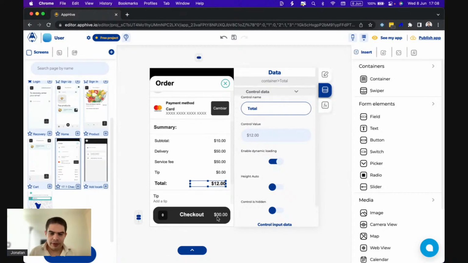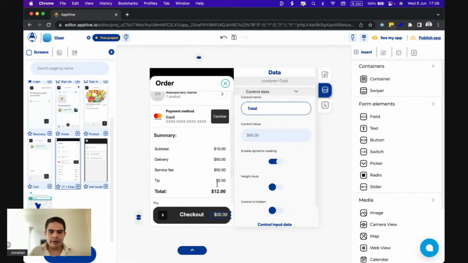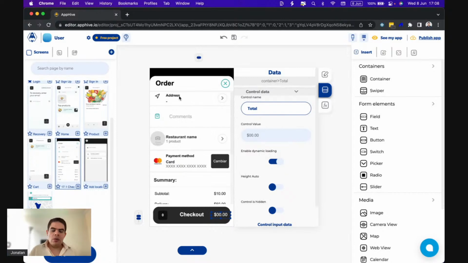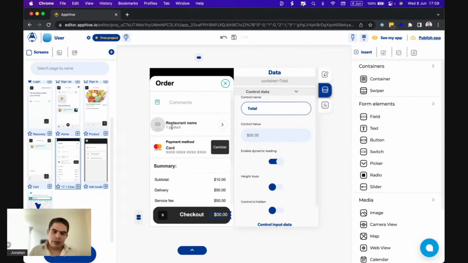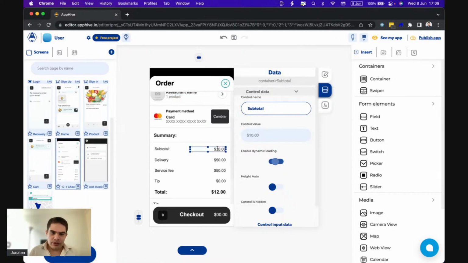And then we have the total here, and also we have another total here. So we have two totals. Yeah, it's the same number, but we're going to display this in two spaces. Okay, now we have the address. The next is we need to display the product quantity and display the subtotal, and then we need to calculate